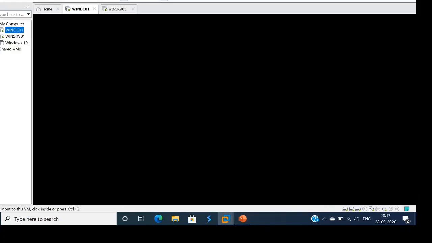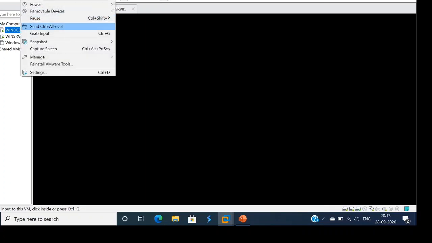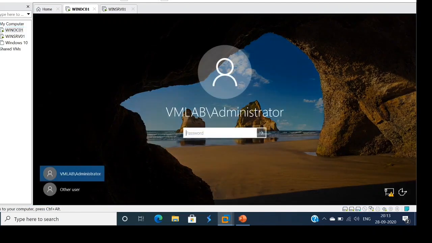This is my workstation. As you can see, I have two servers, Win DC01 and SRV01. Let me log into both machines. This is my domain, VM Lab.